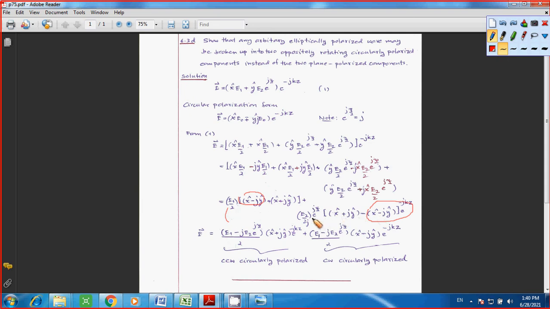And the coefficient is E2 over 2j, or simply negative E2 j over 2. So that's why I have this term. Alright, same as these terms. You add them together and you end up with E1 over 2, and then minus